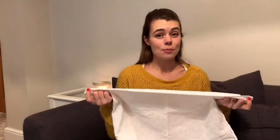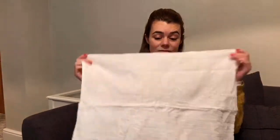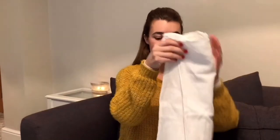This is actually a muslin I had for my teenage daughter. I'll use it as a burp cloth, but again, still in pretty good condition. So any of these sorts of nappies, which are typically referred to as flats, will either need to be secured in their folded position by a wrap, in which case you'll need a wrap that fits snugly against the baby,